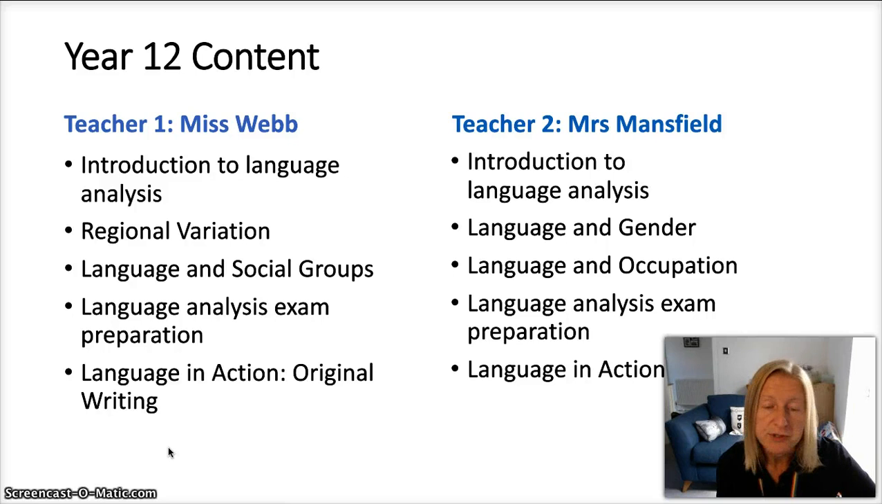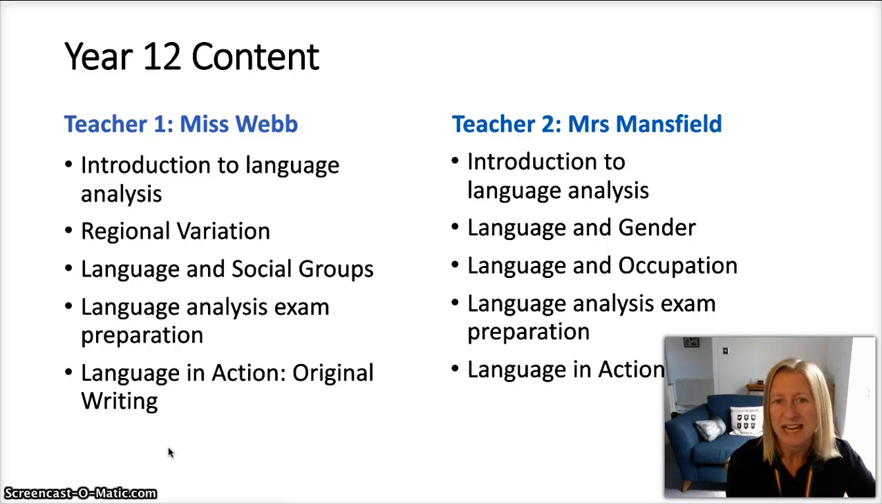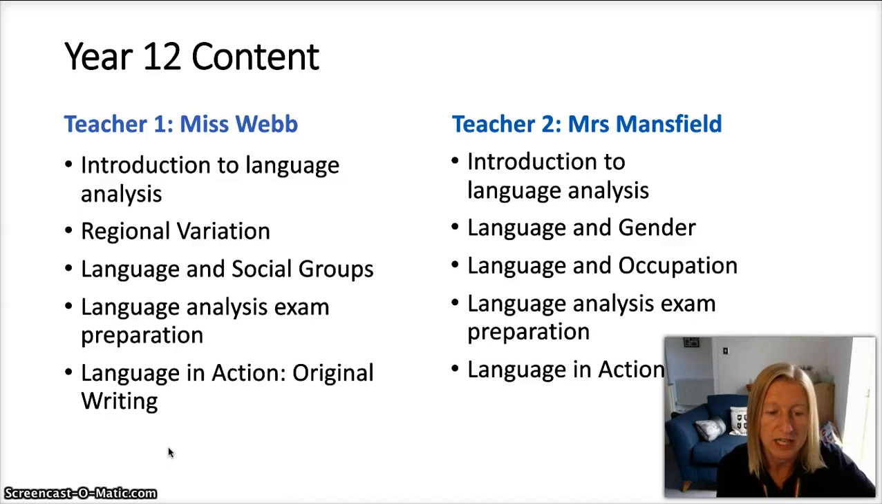Then we will move on to look at regional variation, so that includes accents and dialects and how different parts and areas of the UK speak differently. We've got then language and social groups, so we'll look at perhaps the influence of gender, age, ethnicity, class, and how those things impact the language that people use as well. We then go back to a bit of language analysis in order to help us prepare for the Year 12 exam, and then we make a start on one of the topics for the coursework, so language in action,